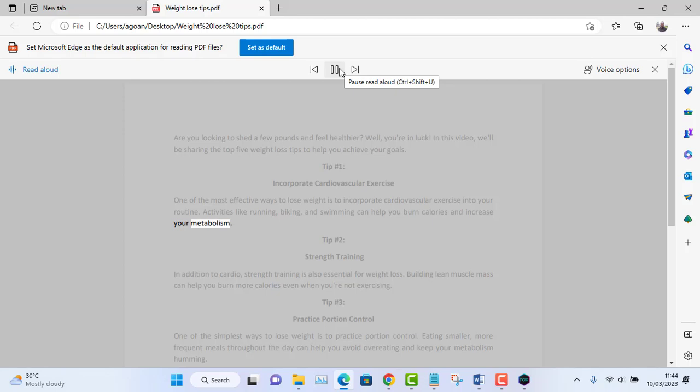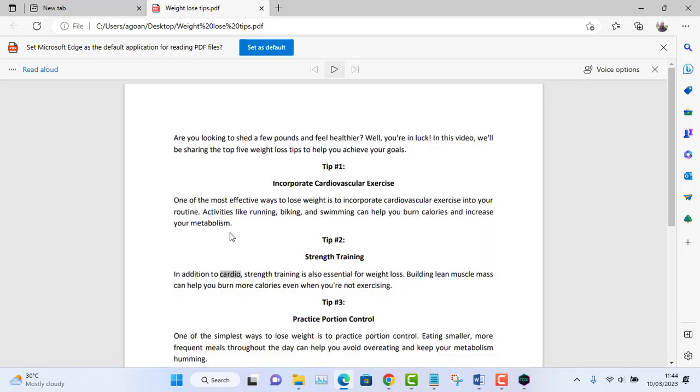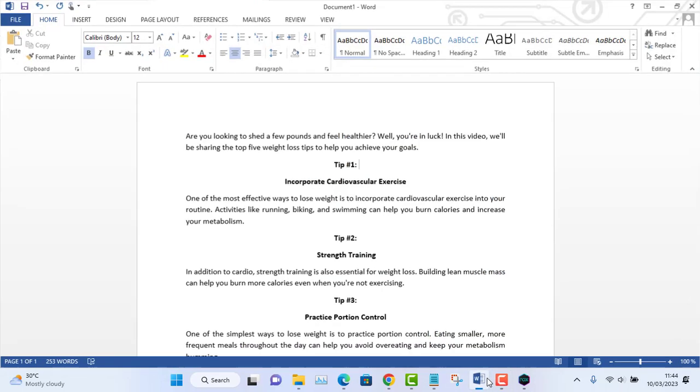Tip number 2. Strength training in addition to cardio. I deliberately paused it because I noticed something. You see, when you get to this strength training, it just jumps over to this place. There's no pause, which is not really good. If there's no pause, people will easily notice that it's an AI voice, not a real human. So what you're going to do to avoid that is you come over to your